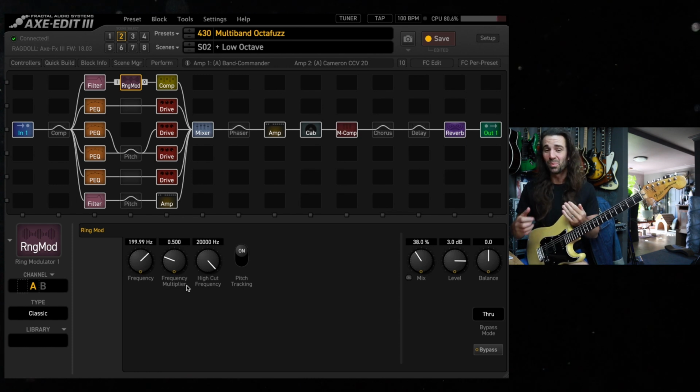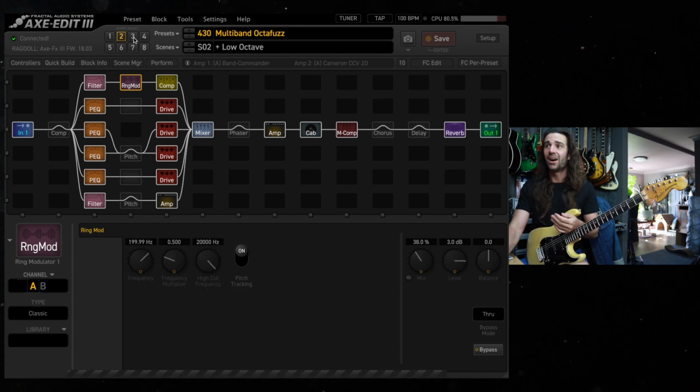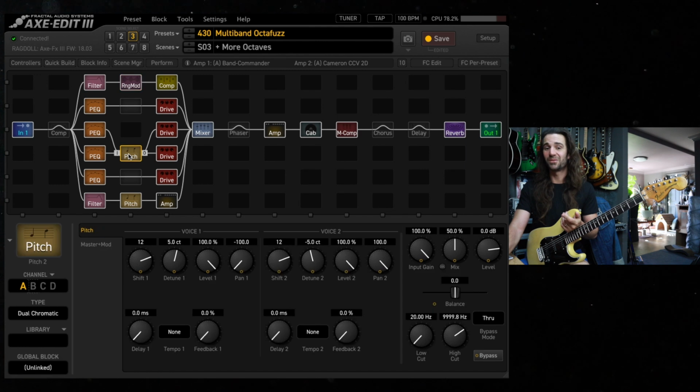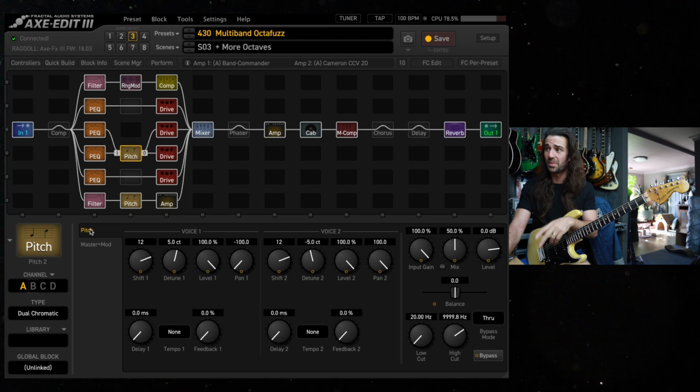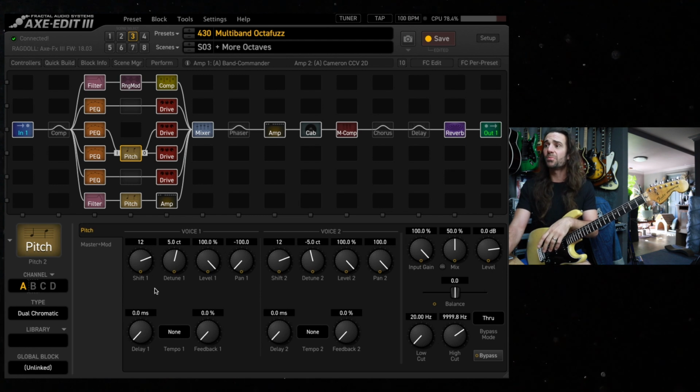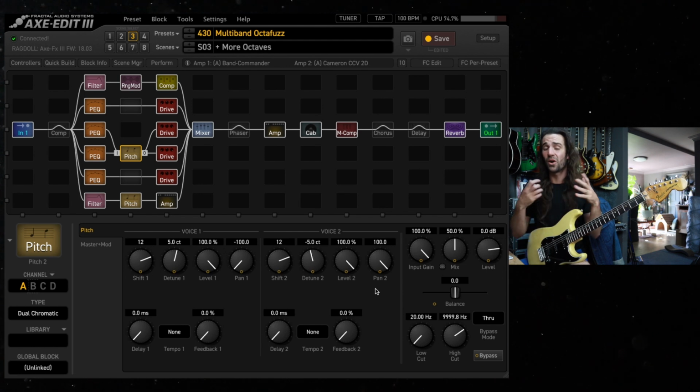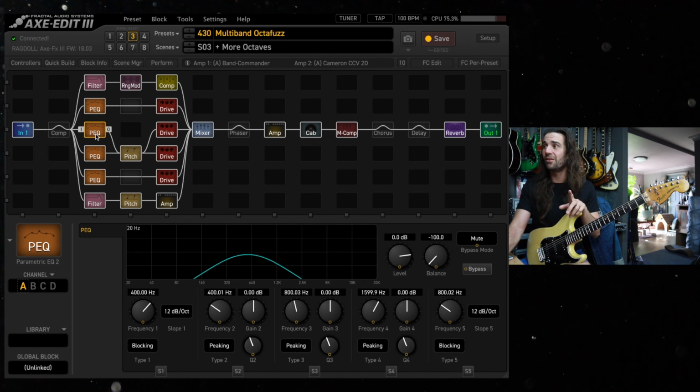Got a little bit of a Royal Blood vibe going on there, and I'll explain the routing here once you can see this pitch block. So you can see I've got it set as a dual chromatic, so a 2-voice pitch shifter, where this particular voice is panned hard left and this particular voice is panned hard right. They're just both an octave up with some slight pitch offsets,